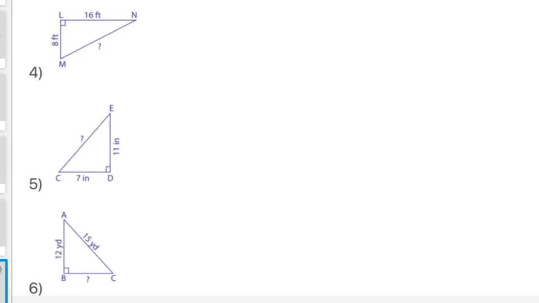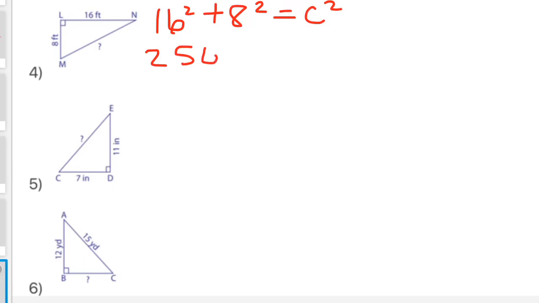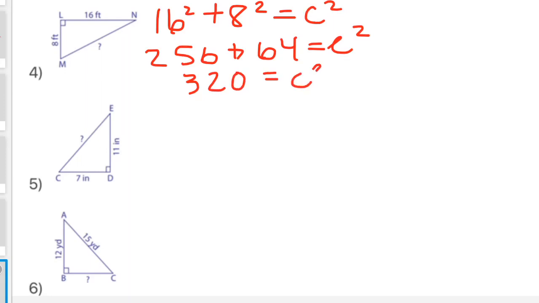So number 4, we're missing the hypotenuse. So we have 16 squared plus 8 squared equals c squared. 16 squared is 256. 8 squared is 64, equals c squared. 256 plus 64 equals 320. We're going to find the square root of both sides, and c equals